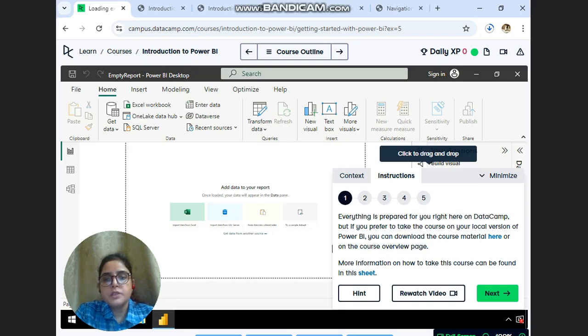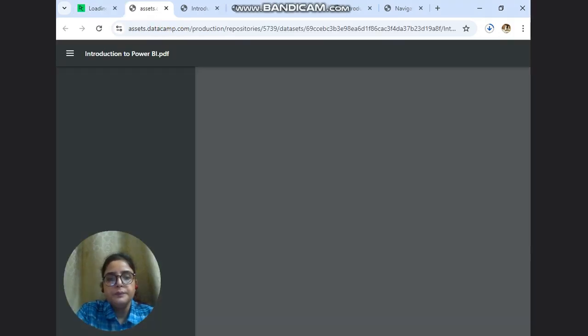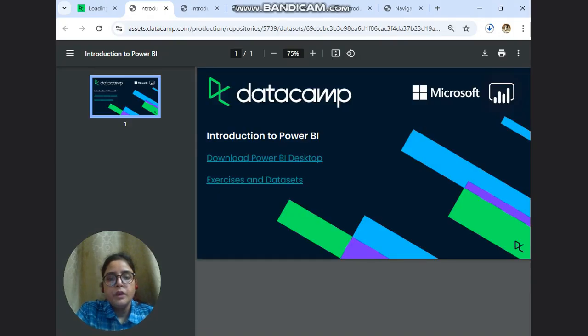In the first instruction, they have provided the data sets. So we have to download it from here. You can download Power BI Desktop also, and exercises and data sets. Now go to the instructions.